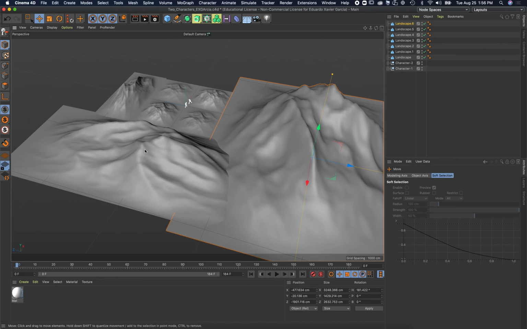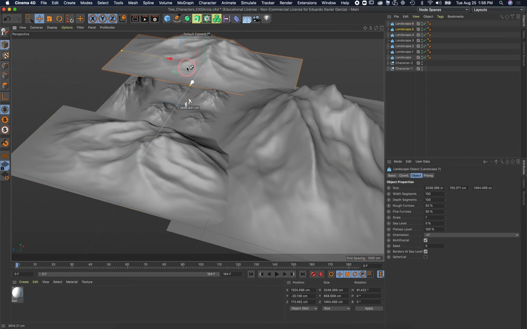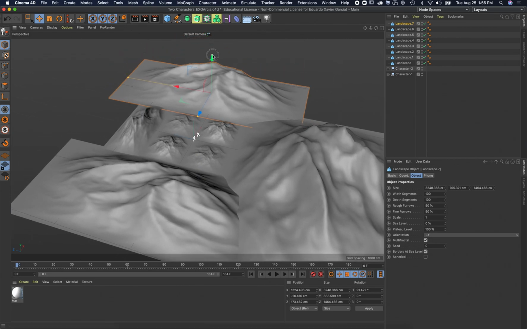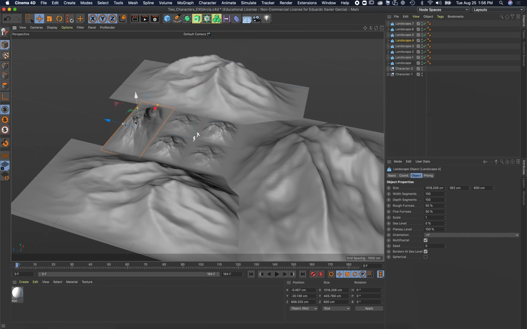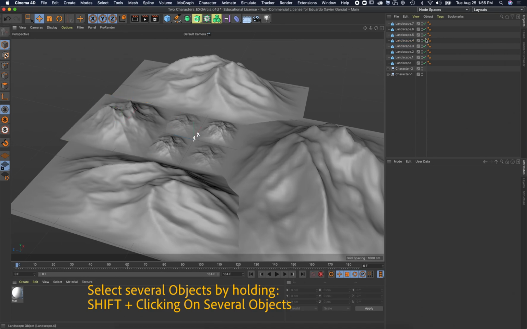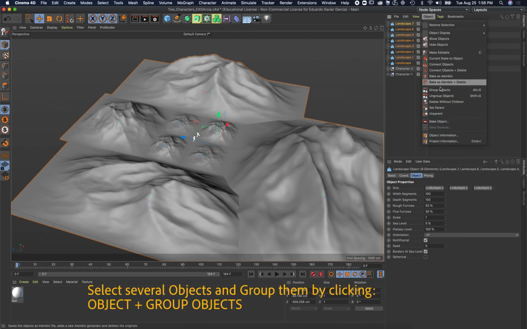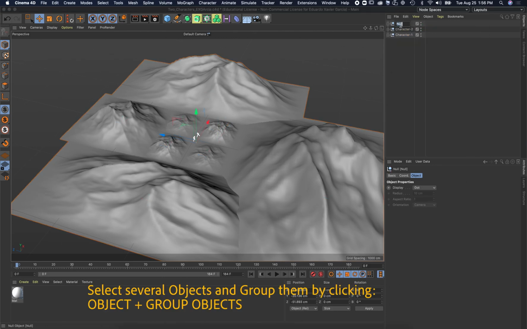And okay, I'm going to make a copy of this one for this side. And this is looking okay. I'm going to pull this one up, and make this one a little bit wider. Move it over, and a little bit taller. Okay, I think this looks good. I'm going to select all of these by holding Shift, then Object, and Group, and that way I'm going to rename this Mountains,